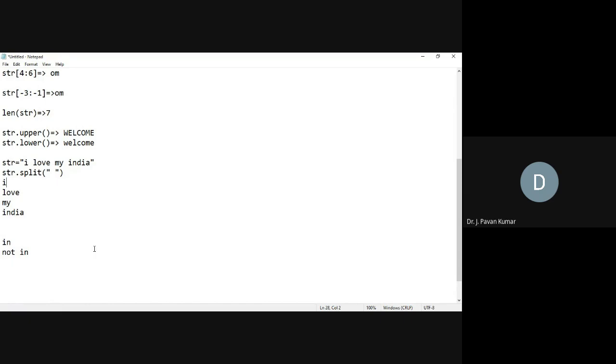In this particular one, we have to check whether India is present or not. Whether the specified word or letter is present or not, we can check by using the membership operator called in. For example, I wanted to check India in str.